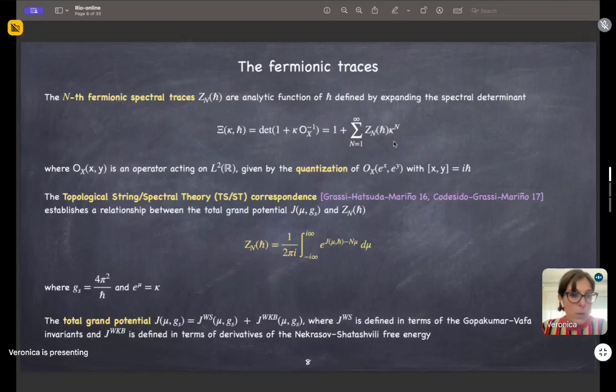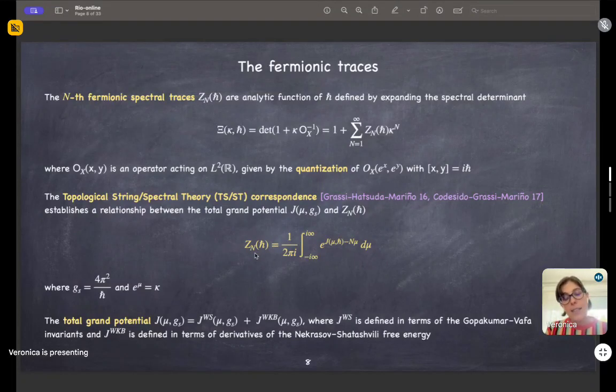Well, this has to be understood in the context of the so-called topological string spectral theory correspondence introduced by Grassi, Hatsuda, Mariño and Cuesta-Grassi-Mariño in this paper. And so the fermionic traces are the part of the correspondence which is related to the spectral theory. They encode in a certain sense the spectrum of this operator given by the quantization of the curve. But they are related to the topological string side through this equation,